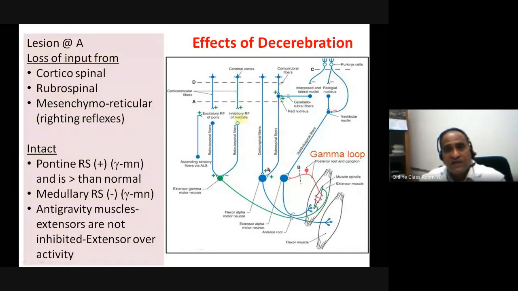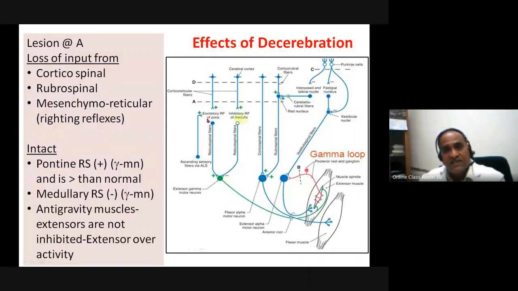This is rubrospinal, and the mesencephalic reticular righting reflexes, because the righting reflexes are coming from here, are also absent. However, the pontine or excitatory reticulospinal tract is intact on the extensor group of muscles. This is pontine, this is intact, and the medullary is intact, but these are not balanced because of the inputs